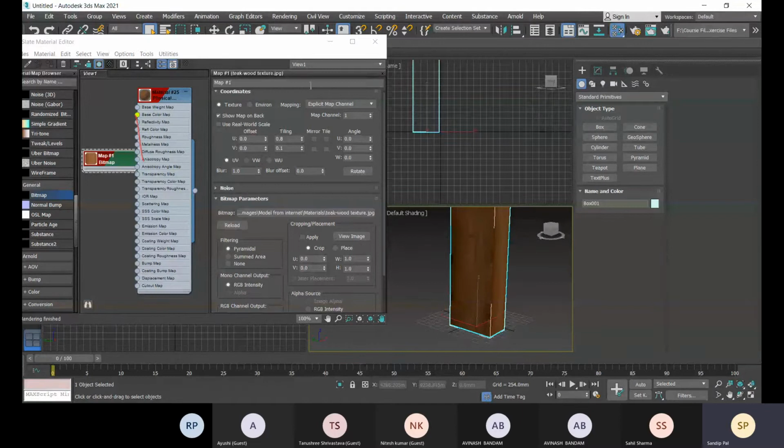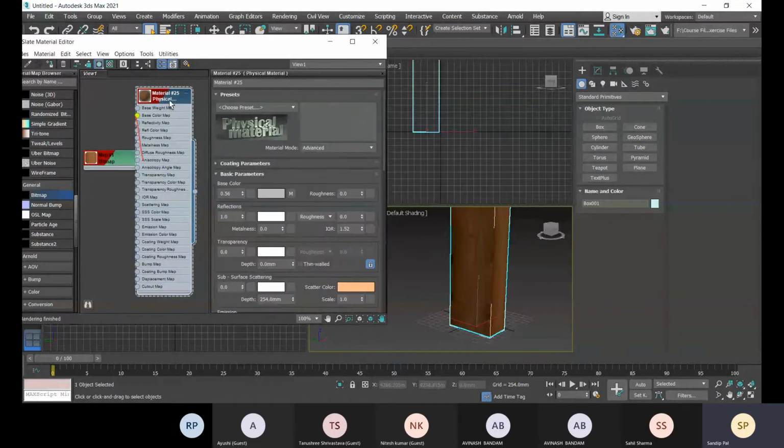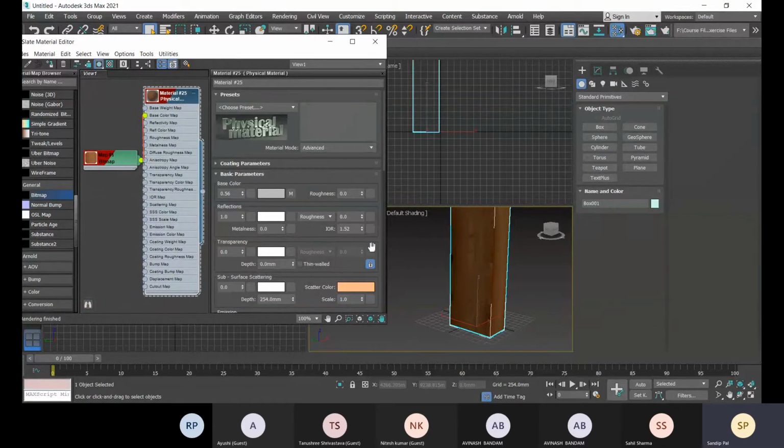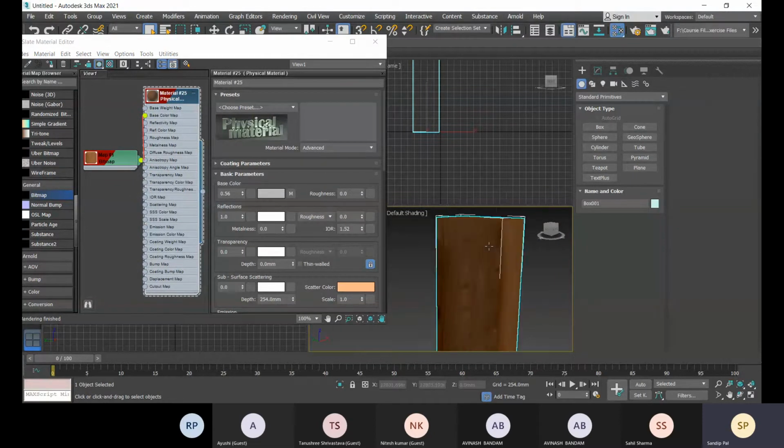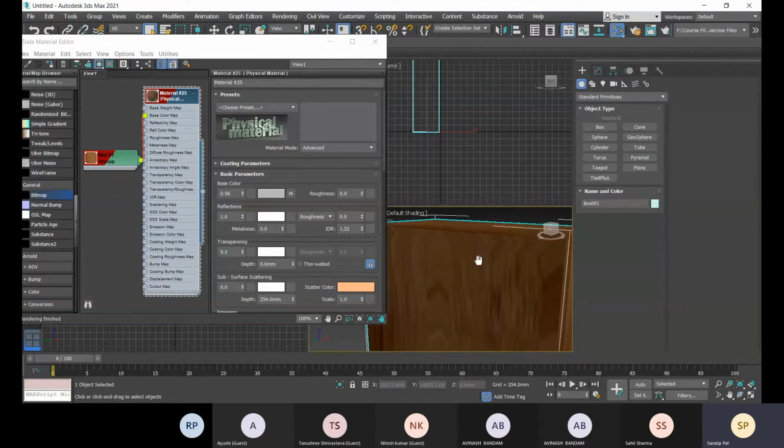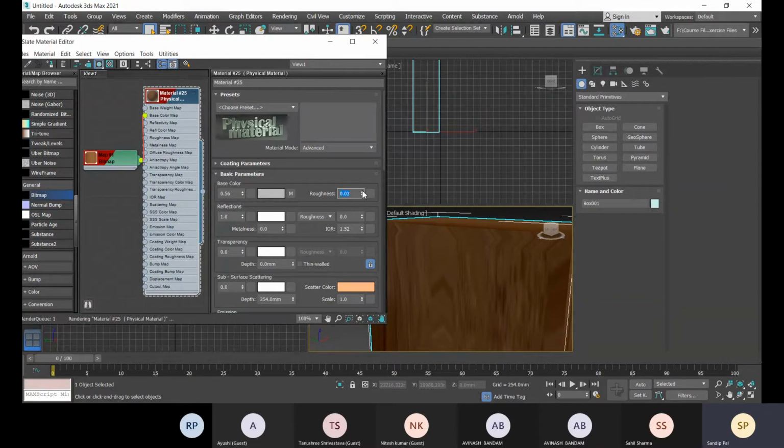Okay, so let's go to this physical material over there. And if there is any roughness, so wood has some roughness, so you can assign a roughness value. So let's specify the roughness, or else for that roughness you can also specify a map. That will be the same roughness.